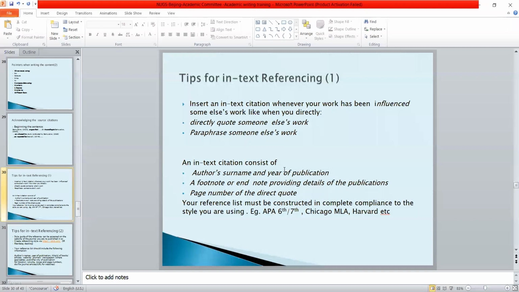Other than that, you can be caught for plagiarizing somebody's work. So an in-text citation consists of the author's name and the year of publication. For instance, you say Criswell, 2020. Now, besides the author's name and year of publication, the footnote at the end also provides details